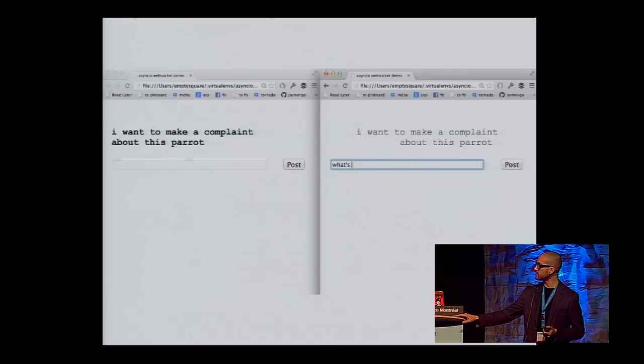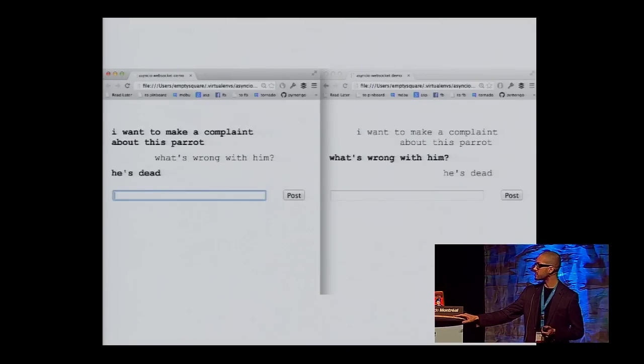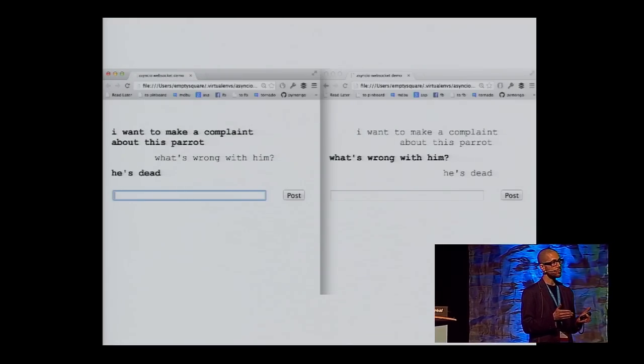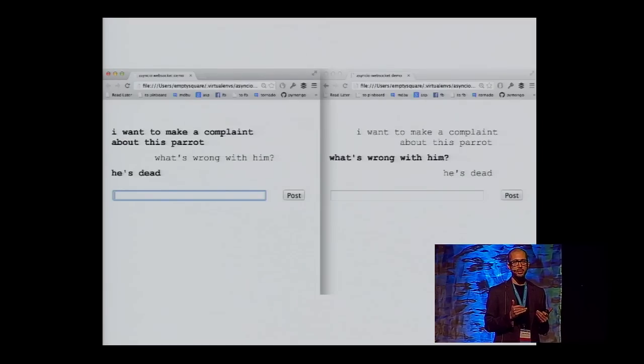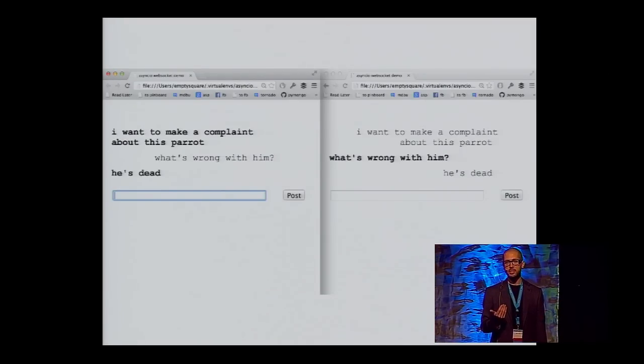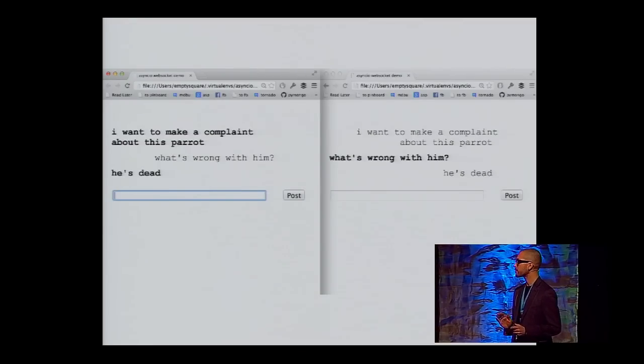And you can see that it's very standard. There's nothing special about this. It's just the stereotypical chat application. These are two browser windows that connect to the same server over a WebSocket. And when one of the clients sends a message over the WebSocket, the server rebroadcasts it to all of the other connected clients. Really straightforward, nothing special.